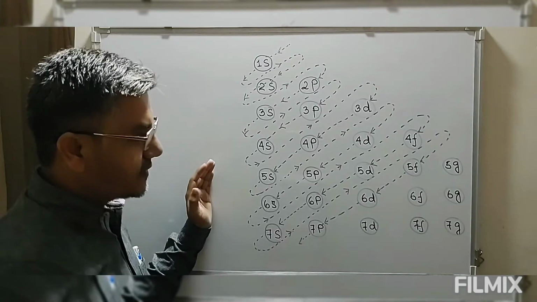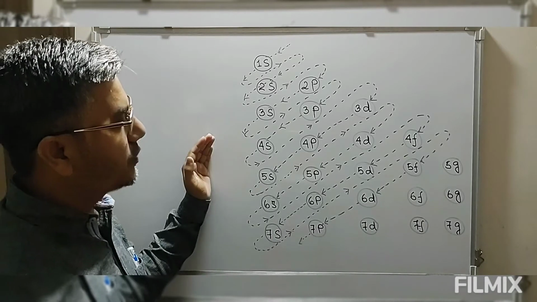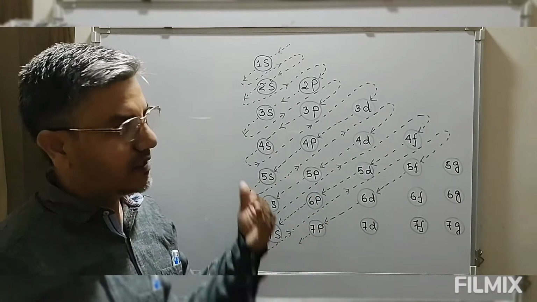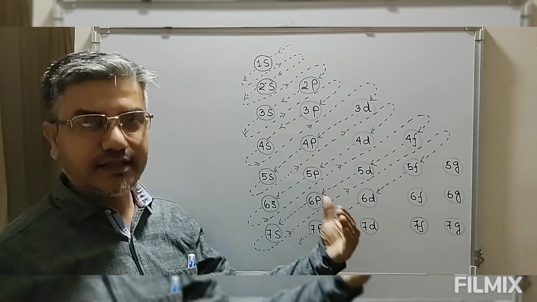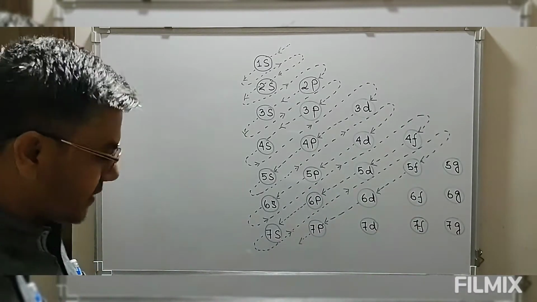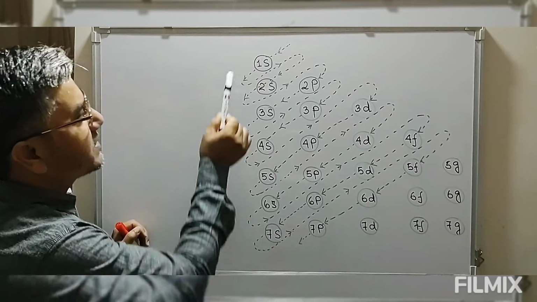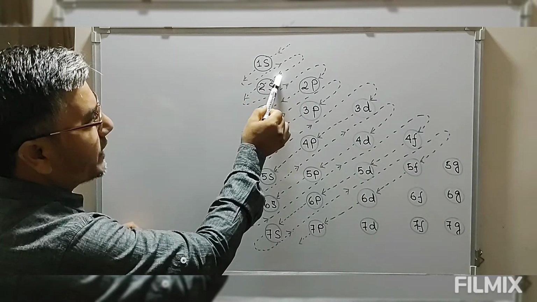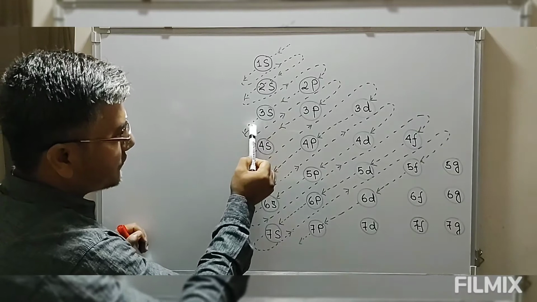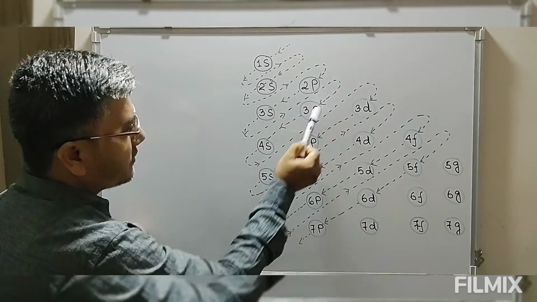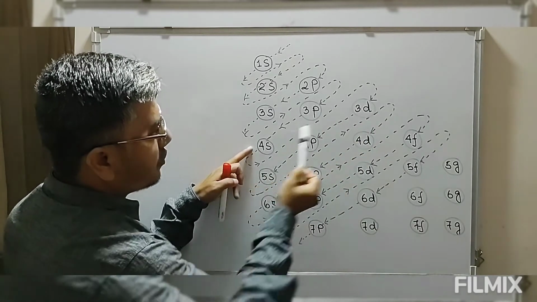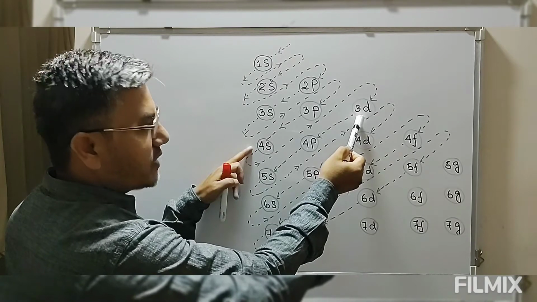Look at this diagram. This diagram is a very simple way to remember the energies of various atomic orbitals. This energy order is decided based on n plus l that we have just mentioned. So if you look at this diagram, the lowest energy orbital is 1s. After this we have 2s. After this we have 2p. Then 3s. After this 3s we have 3p. Then 4s. Then 3d. So the energy of the 4s orbital is less than that of 3d. This is based on n plus l.